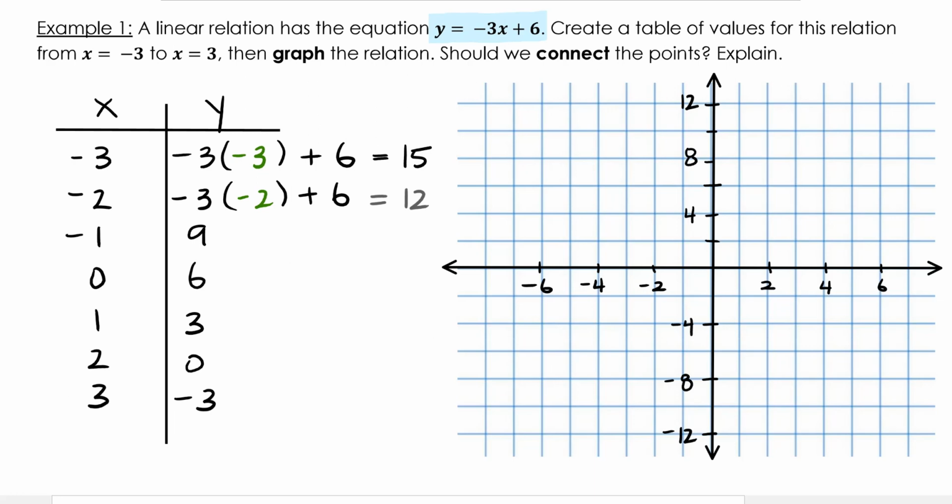To plot our points, recall that coordinates are plotted in the form x, comma, y. So if we start with the y-intercept, for example, this is at an x coordinate of 0 and a y coordinate of 6. Next we could do 1 comma 3, and then we could do 2 comma 0, and -1 comma 9,